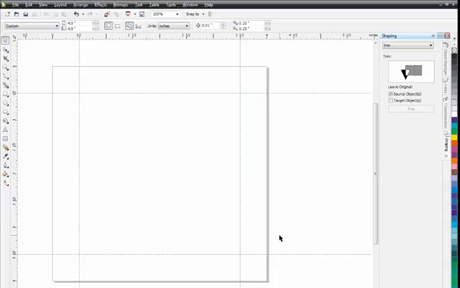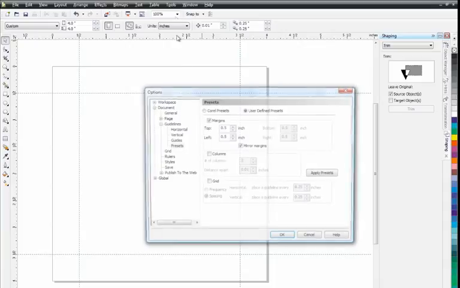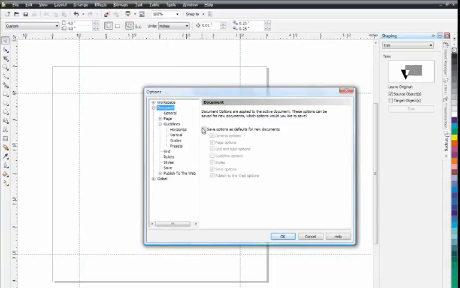But if you wanted any box you drew in this file to have a red outline or a certain thickness of line, or you want the view to be wireframe, or you want the snap spacing to be a certain way or whatever, then you would save it as a template file, and it would bring in your settings from the template file. And again, if you do that, just don't say, when you're under here, "Save options as default for new documents," because once you do that, any new document you open up will then